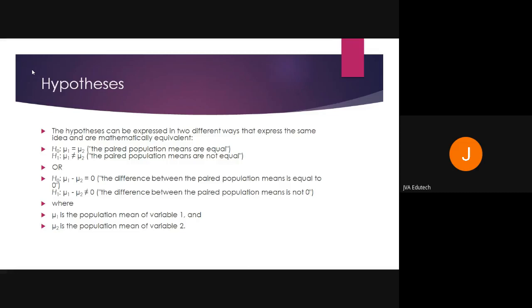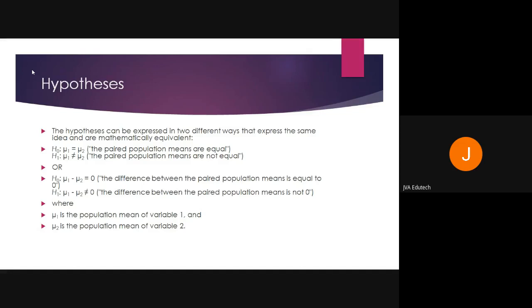These are the basic assumptions required for the data. Again, the hypothesis will be the same as in the independent t-test. The only difference is that in the independent t-test you take two hypotheses, one for the means and another for equality of variances. Here no equality of variances is required, because you have the same individual under different situations. So there is no need for Levene's test of equality of variances, and no need to check homogeneity.